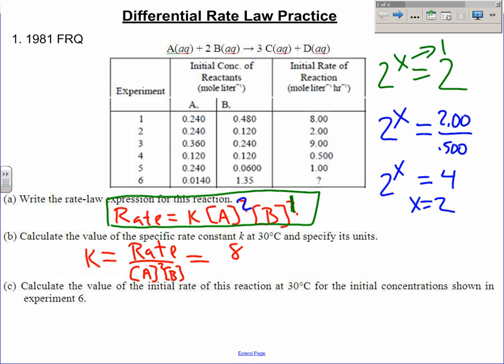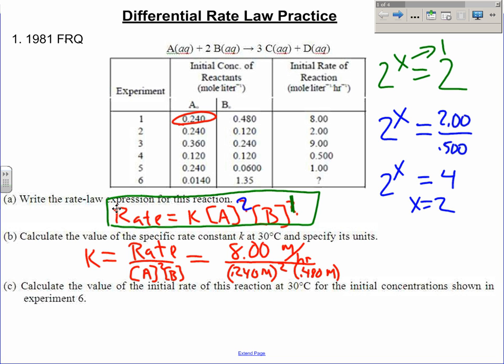The rate for experiment 1 was 8.00, and the units for that, it says moles, liters to the -1, hours to the -1. Remember, those -1s mean they're on the bottom. So it would be moles over liters, well, that's just molarity, over hours. So that would be my unit for that rate. Now, it would be the concentration of A squared. Well, A is 0.240, so 0.240, and my unit there would be molarity squared, times the concentration of B, which is 0.480 molar. So you plug these into the calculator